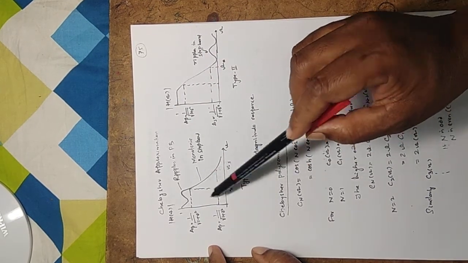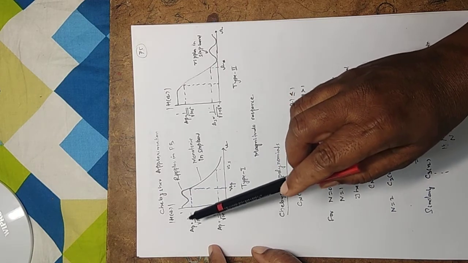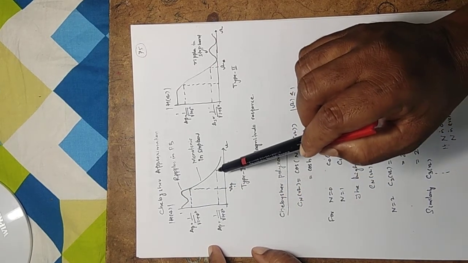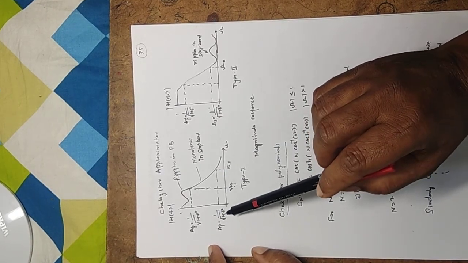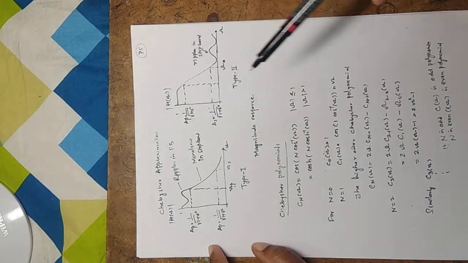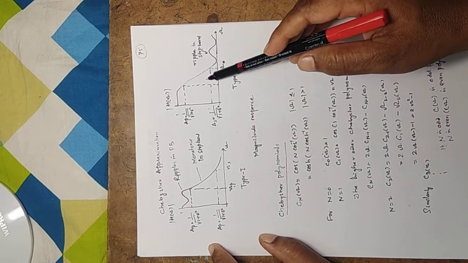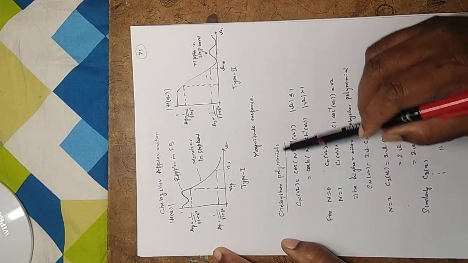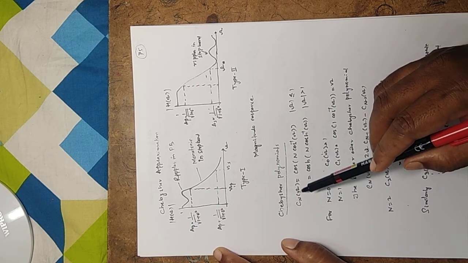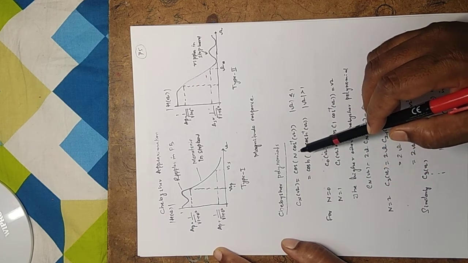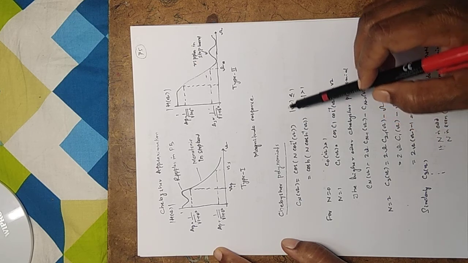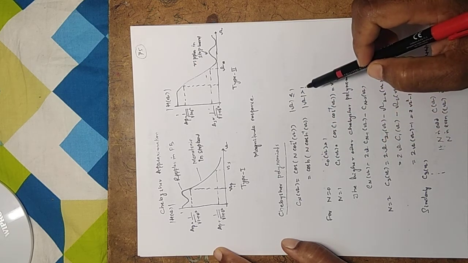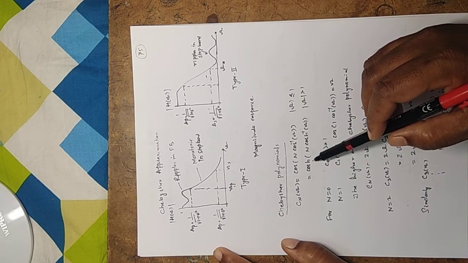In the passband, the value is given by AP magnitude, 1 divided by 1 plus epsilon square. In the stopband, AS is 1 divided by 1 plus delta square. Same thing here. So these two are called the magnitude responses. Then the Chebyshev polynomials: Cn of omega is given by cos of n cos inverse omega for omega less than 1, and for omega greater than 1 you have to use this formula.